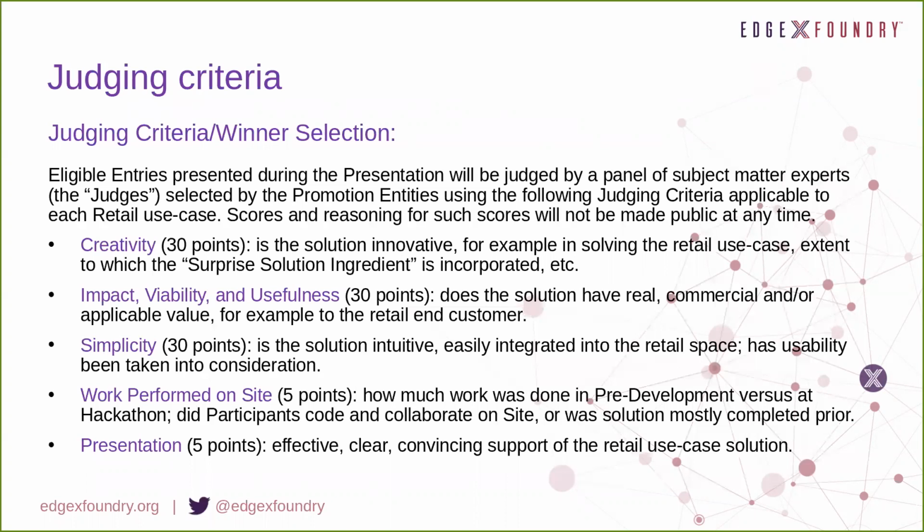We've broken the judging into a few categories, and guest judges from the industry will look over everyone's presentations. The first section is creativity. Out of a 100-point scale, 30 points will be for creativity. This is subjective, and the judges will have their own take on it, but it's to show the out-of-the-box thinking. What are we doing to try something new here? We will have surprise ingredients, announced the day of the event. If you're able to incorporate them in your solution, you can get extra marks from the judges.